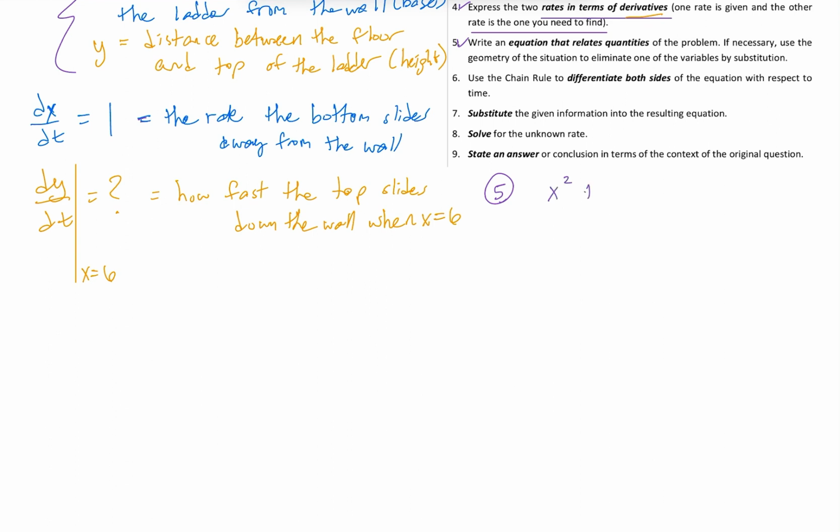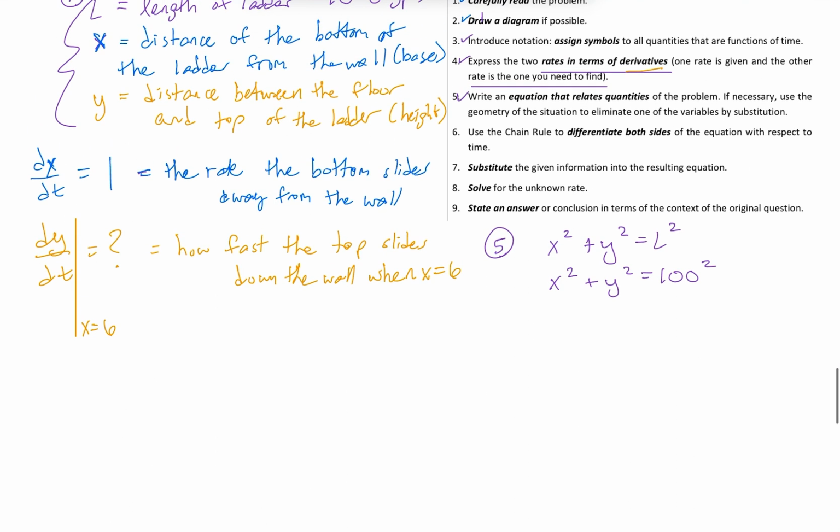So x squared plus y squared equals L squared, and L we know is 10, so that's x squared plus y squared equals 100. So that's our relationship. Now it's time to do step 6. Step 6 says we're going to use the chain rule to differentiate both sides of that equation